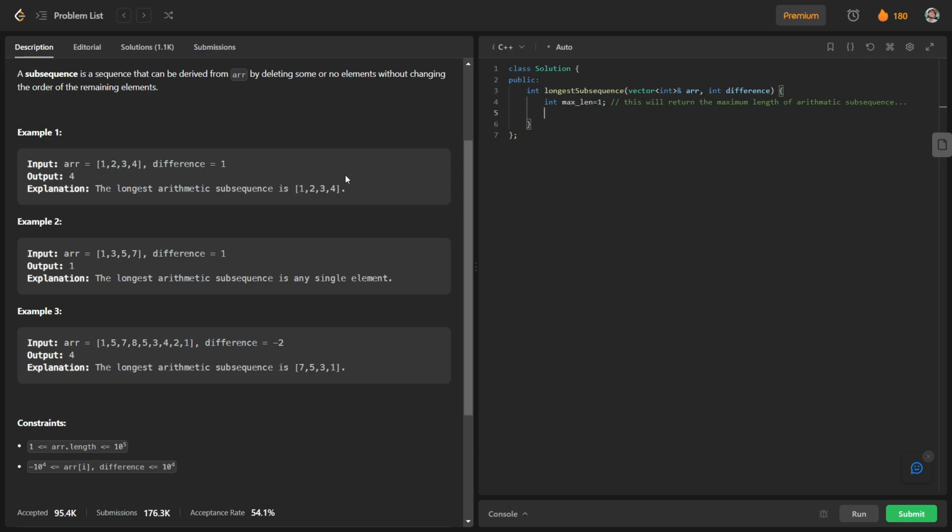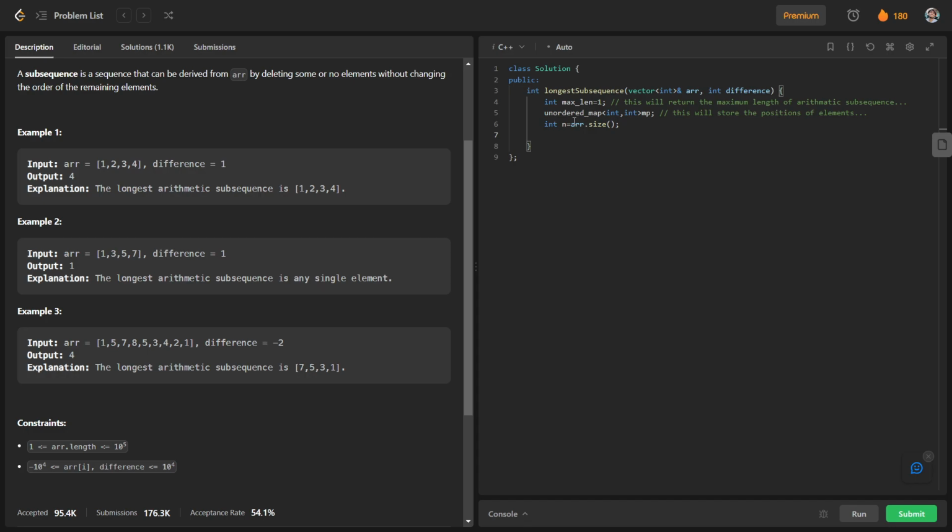And we will have an unordered map which will store the positions of the elements. And we will have a variable n, which is nothing but the size of the array.